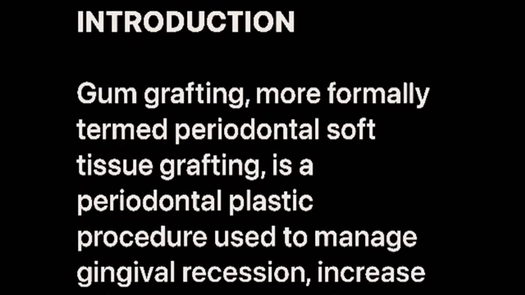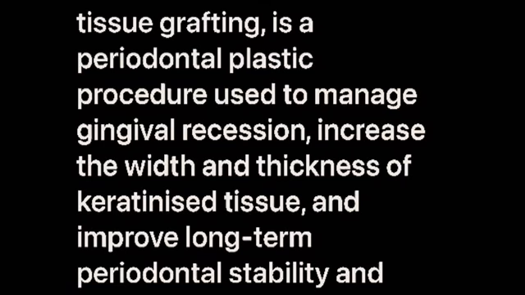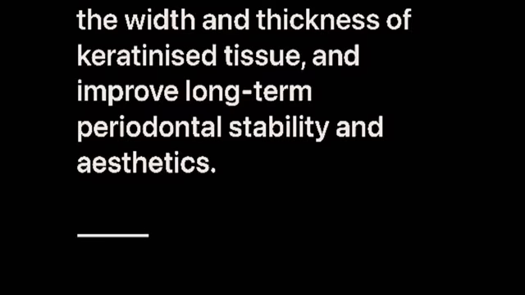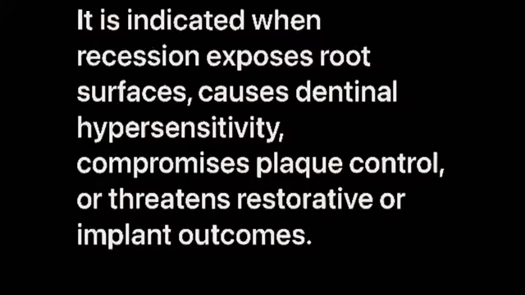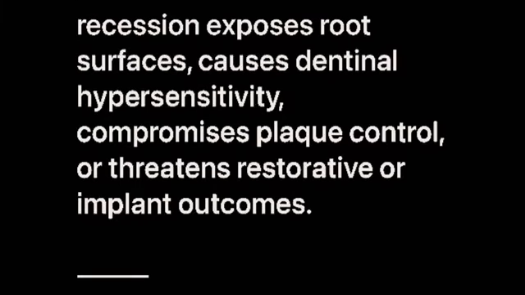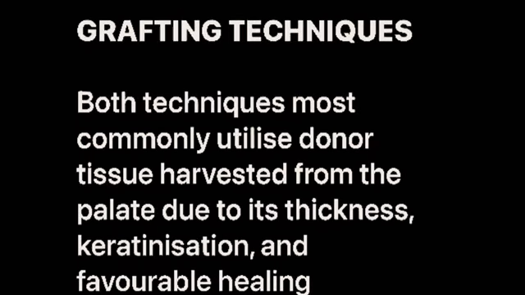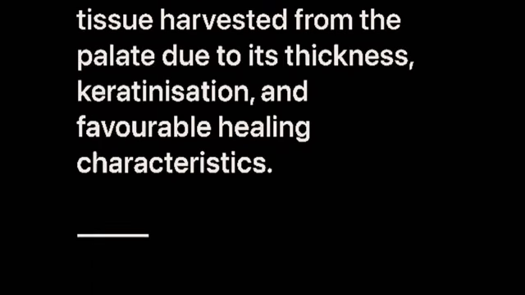Introduction. Gum grafting, formerly termed periodontal soft tissue grafting, is a periodontal plastic procedure used to manage gingival recession, increase the width and thickness of keratinized tissue, and improve long-term periodontal stability and aesthetics. Indications. It is indicated when recession exposes root surfaces, causes dentinal hypersensitivity, compromises plaque control, or threatens restorative or implant outcomes. Grafting techniques. Both techniques most commonly utilize donor tissue harvested from the palate due to its thickness, keratinization, and